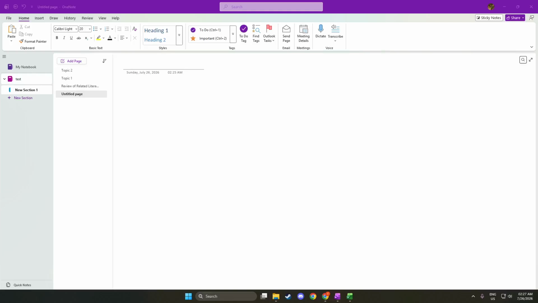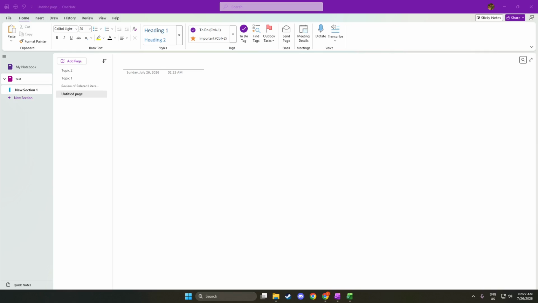In today's video, I'm going to teach you how to add a table of contents in OneNote. First, you will want to create a new page called Table of Contents. To do this, look for the area where your pages are listed on the side of the OneNote interface. You can usually find this on the left side of your screen. Right-click in that area and select the option to create a new page.